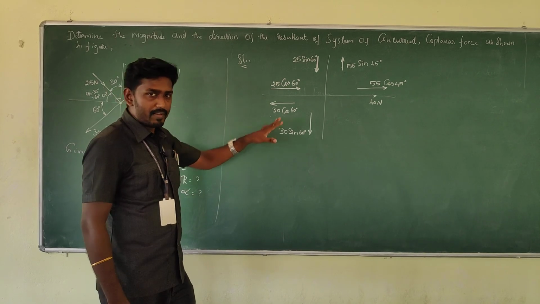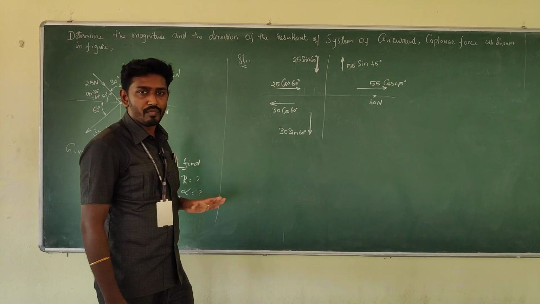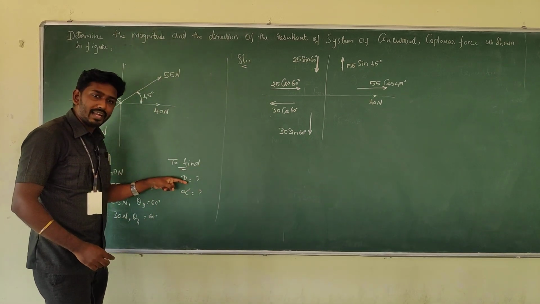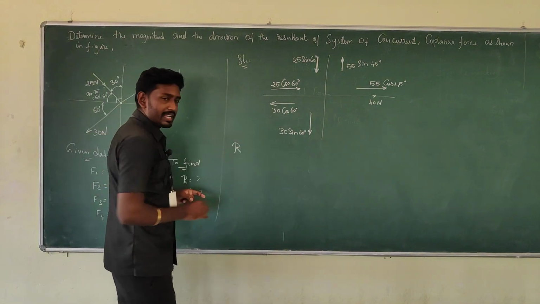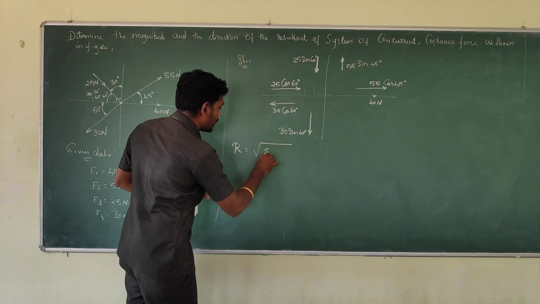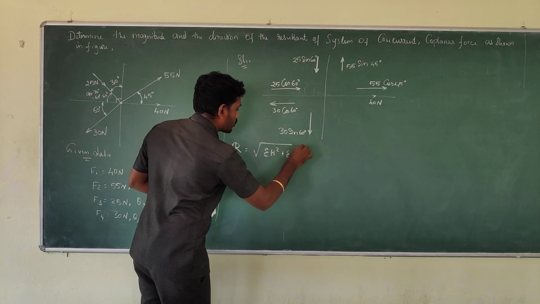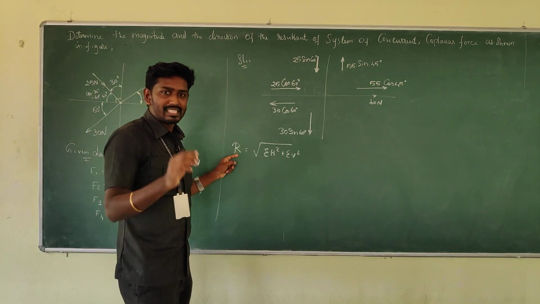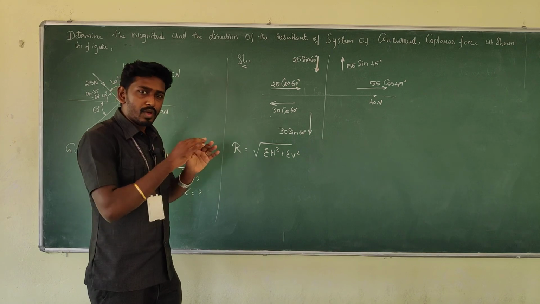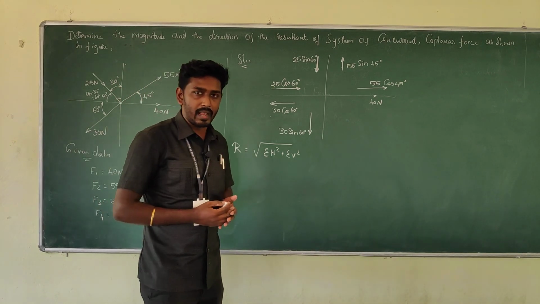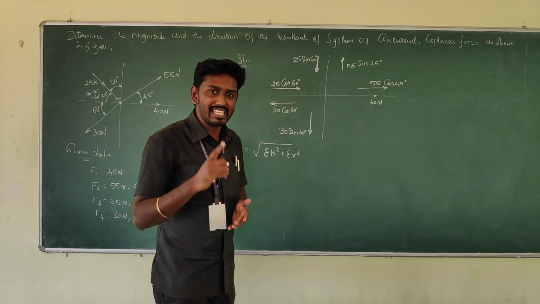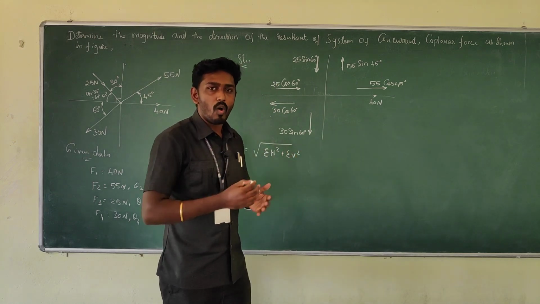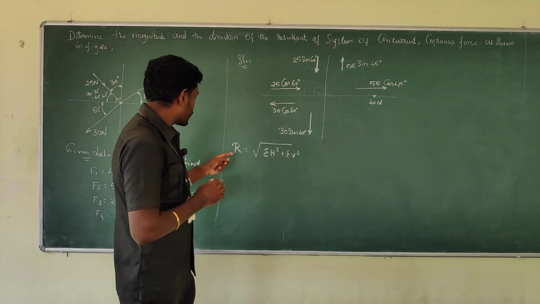What is next? We have just identified the components of forces in the system. Next, our ultimate aim is to find the resultant. As per the resolution of force, the formula is the square root of summation of H square plus summation of V square. By the way, what do you mean by resultant force? Resultant force in the sense, if a number of forces are acting on a particle, it can be replaced by a single force that causes the same effect as all the forces. So that kind of force is called the resultant.